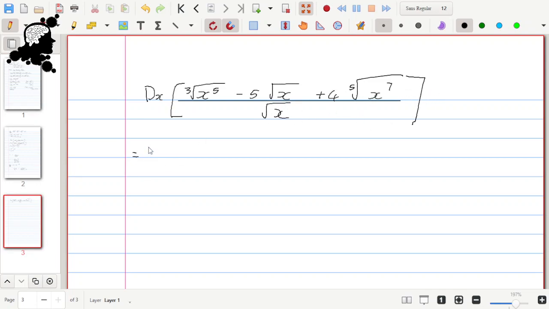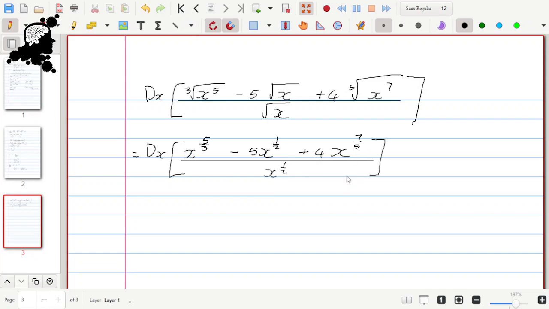So the first thing we need to do is we always need to write our surds in exponential form. This is going to be x to the power 5 over 3 minus 5x to the power a half plus 4 x to the power 7 over 5. And all of this is divided by x to the power a half. Now, when you get to this point, what you can do is you can write each one of your numerators